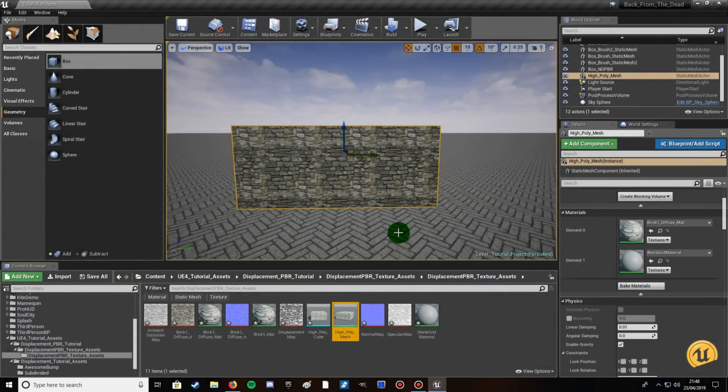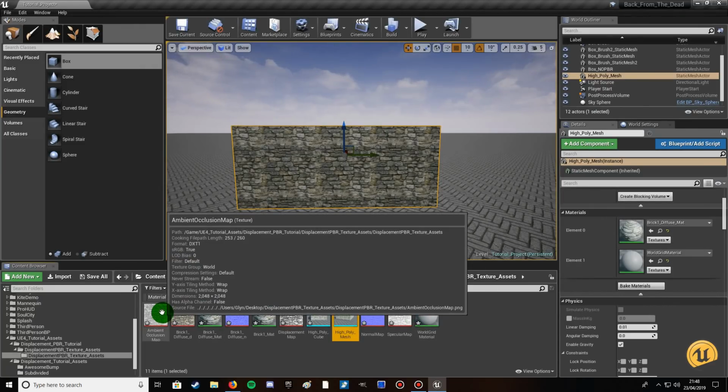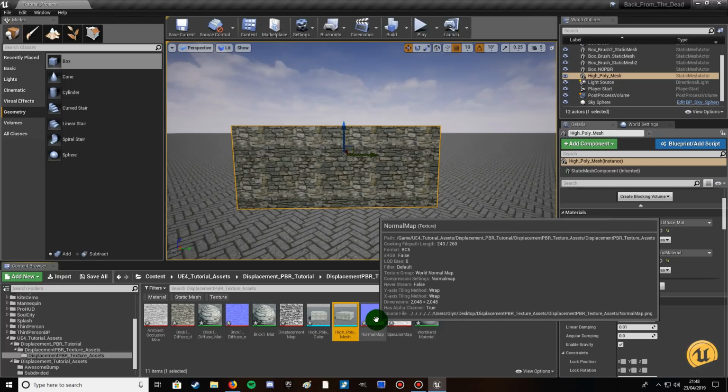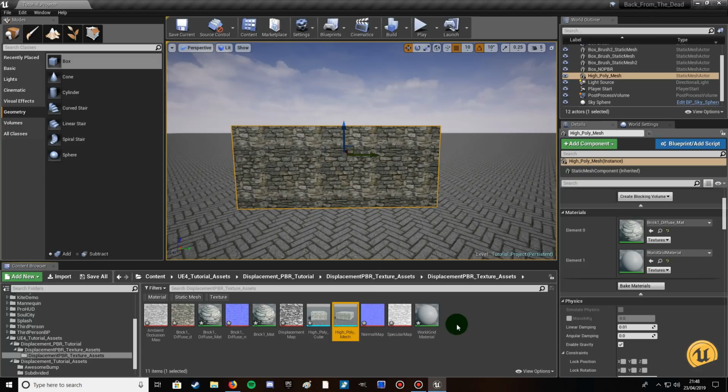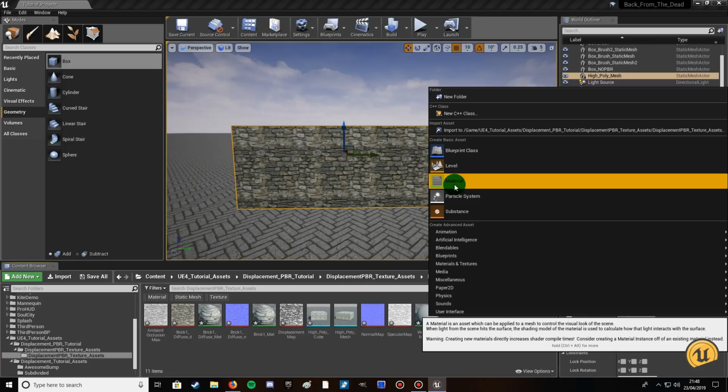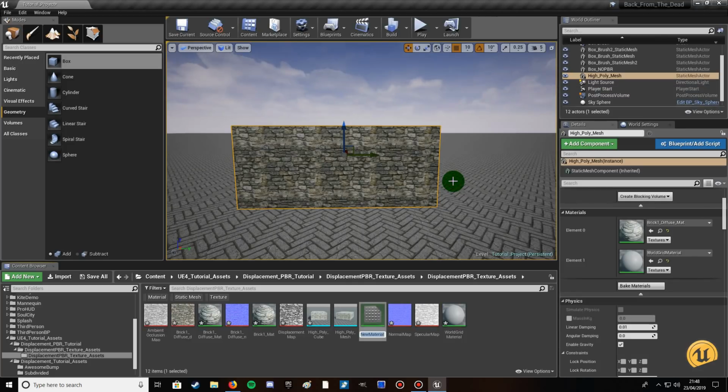Now we can start making the PBR texture with the textures we created from our diffuse texture with the normal map online app. But if you've downloaded the files, link in the description, this is now where we apply the PBR. We've got to set it up first. So what you want to do is right click, we want to create a new material, go up here and click on material, give it a name, we'll call it